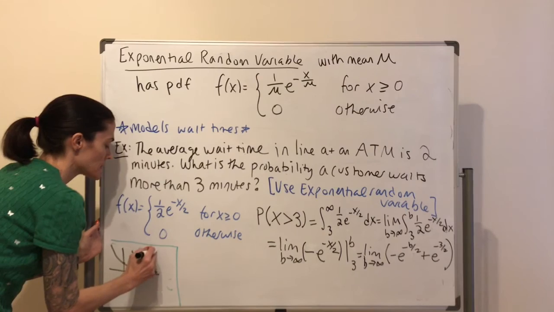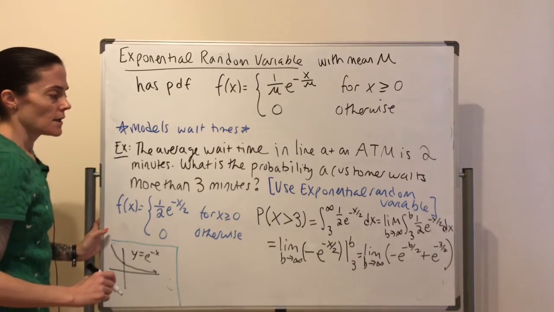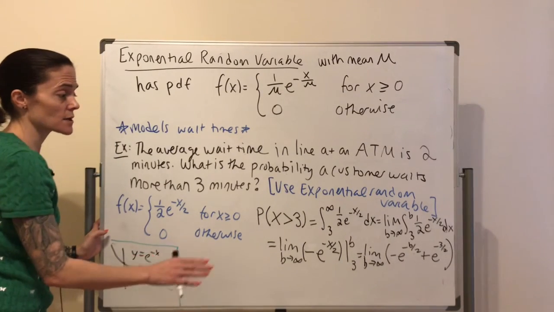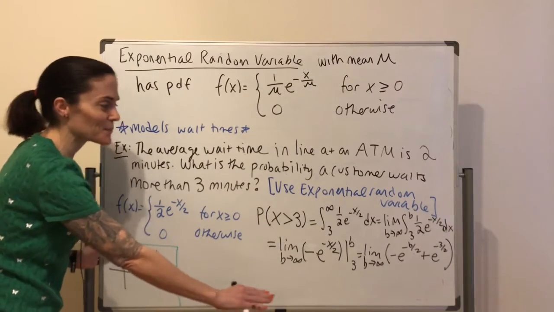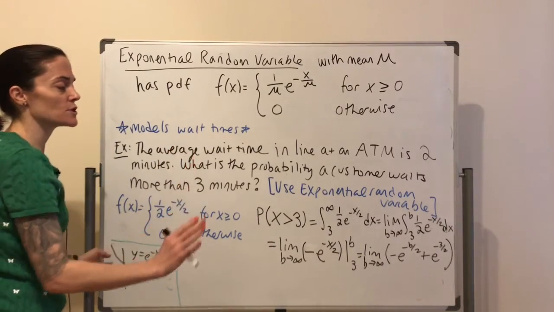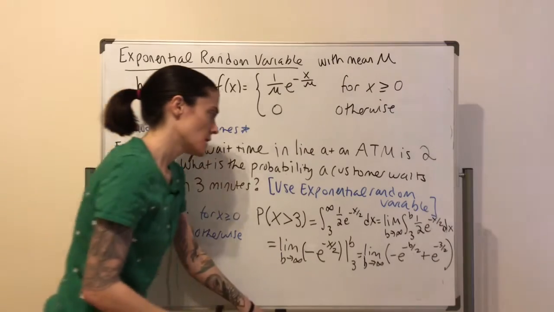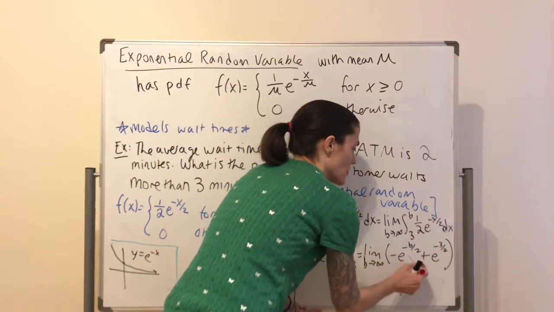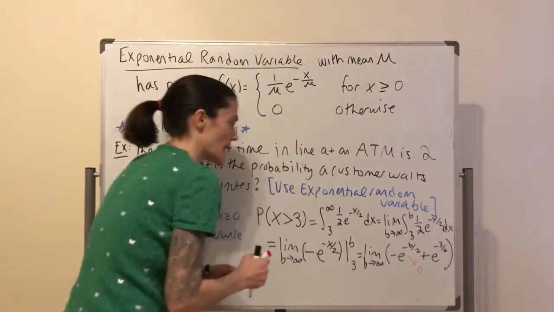Y is e to the minus x. So as x gets very large, or b gets large in this example, e to the minus b over 2 goes to 0. So this part goes to 0, and I am left with